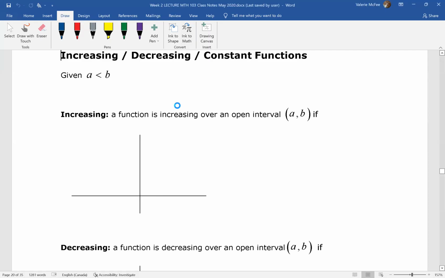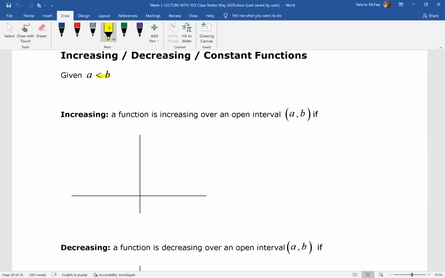We've been talking about functions and the properties of functions. We talked last time about whether or not a function is odd or even. Today, we want to talk about increasing, decreasing, and constant functions. So we're going to start with a little bit of a